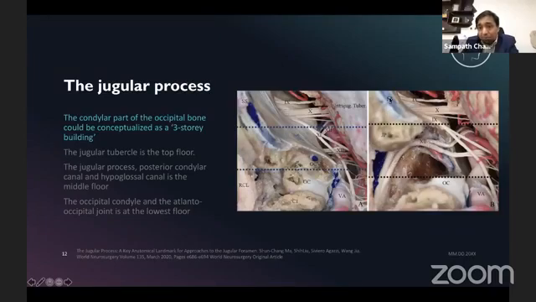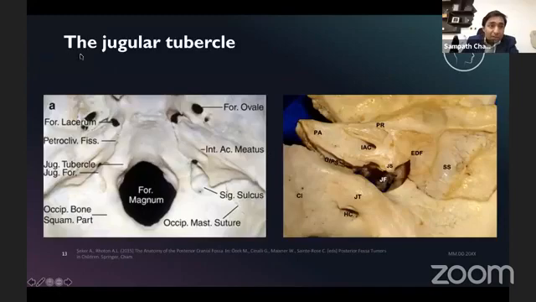So what lies above? The jugular tubercle. That's where we go to the next point of discussion. So we're coming now to the jugular tubercle. The jugular process is complete; the jugular tubercle is now what we're talking about. Where is the jugular tubercle? It is more described or seen from the intracranial aspect of the skull base. So we're looking at this from above. Now we look at the foramen magnum. This protuberance bordering the lateral aspect of the foramen magnum is the jugular tubercle. So these are the jugular tubercles.